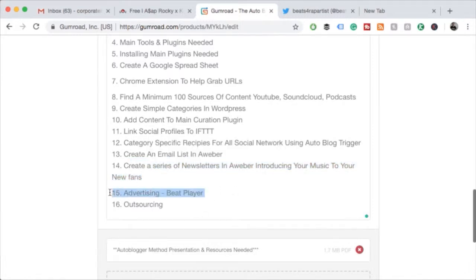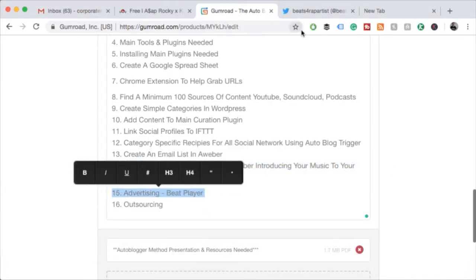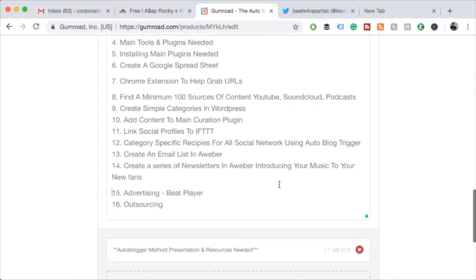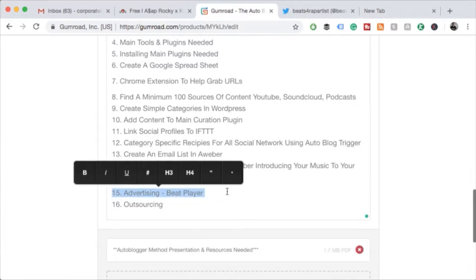Finally, I'll show you how to stick on some ads on it, just to cover up the page as well. You don't have to, and you can stick on a beat player. I use a little plugin to do both of those, so they kind of populate in different places and around the content. And it's just another way of making a couple of bucks. It's not really my primary method, but I'm not going to turn down 20 or 30 bucks here and there for doing very little work.